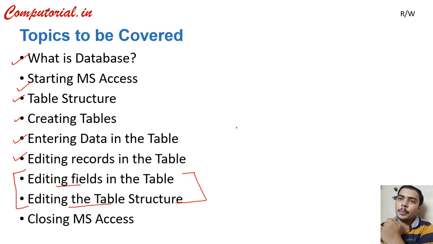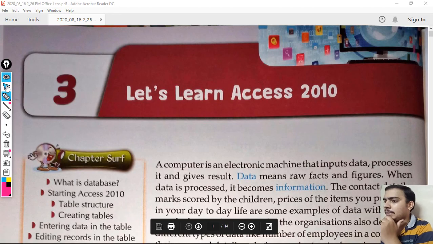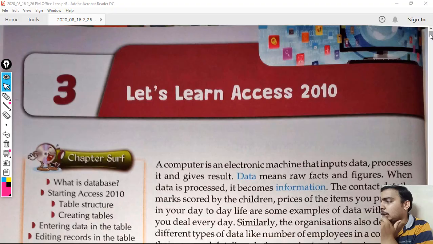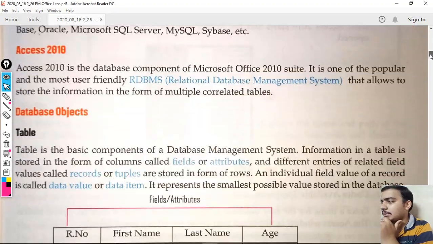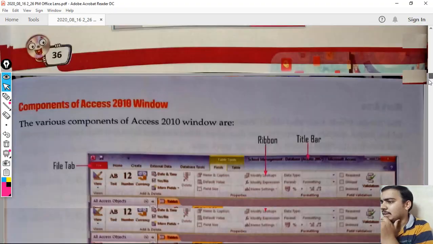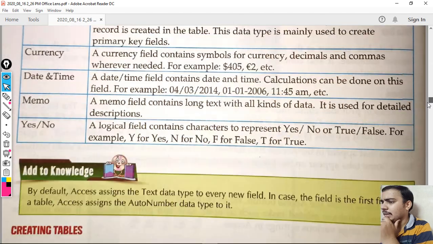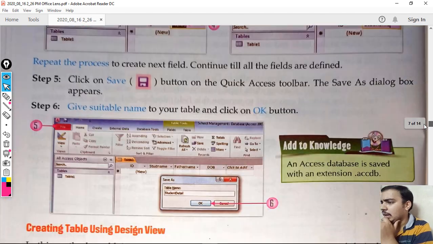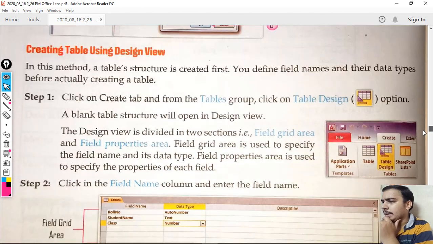So first let's open our book and see what the remaining concepts are. First we have to read them from the book and then one by one we have to discuss all these concepts practically. Let's start. Till now we have discussed the basic concepts. So let me scroll down this page and then we will start with today's concepts. We have discussed these few topics. So let me quickly turn over all these pages and move to today's concept.